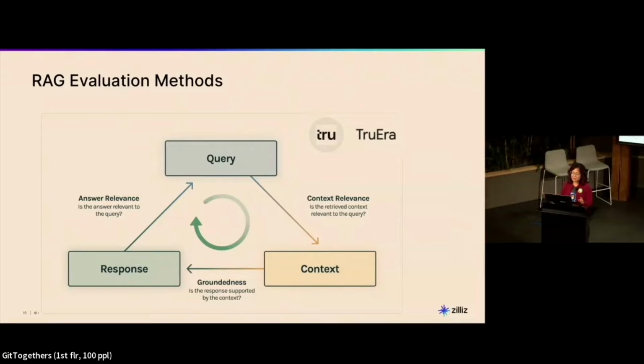Then the next thing is you're going to stuff that context into a response, and you're going to get an answer from the LLM. So is the answer you get grounded, is it faithful to the context that it was given? And then the final thing is, let's measure the answer to the query. So is this answer relevant? Does it answer the question? So those are the three general